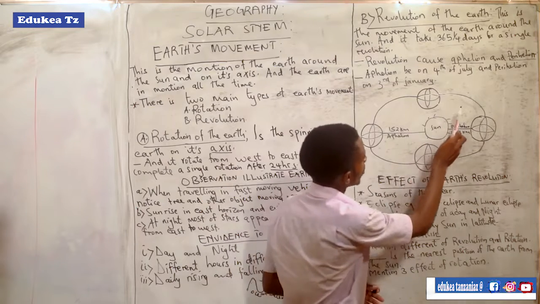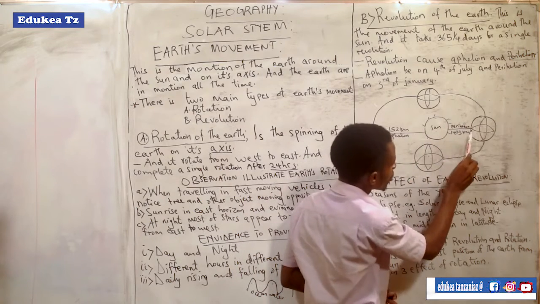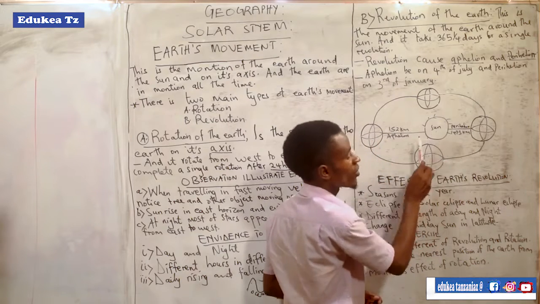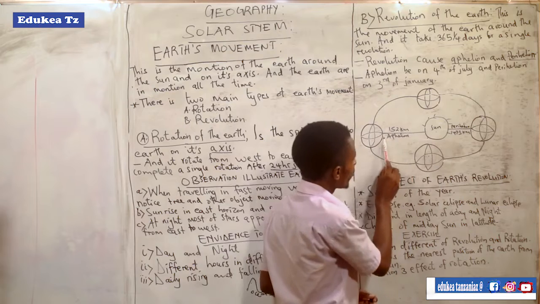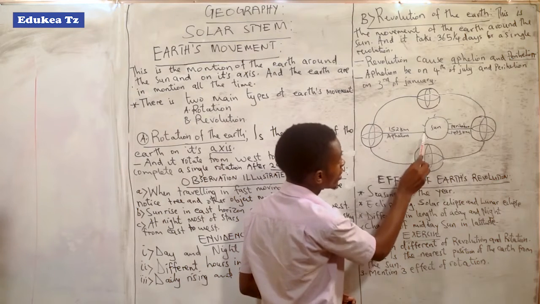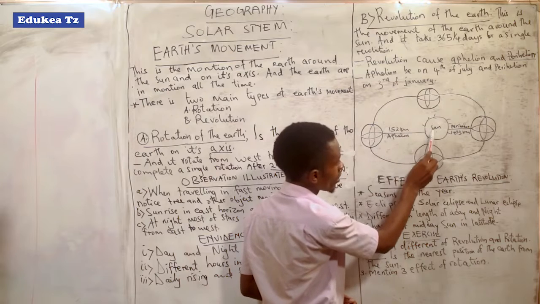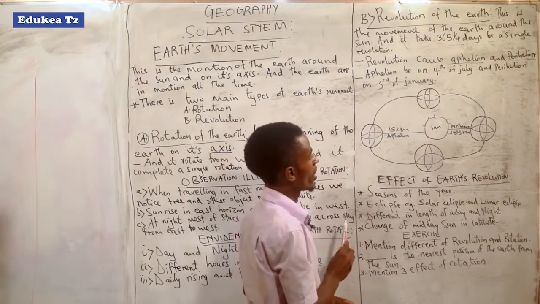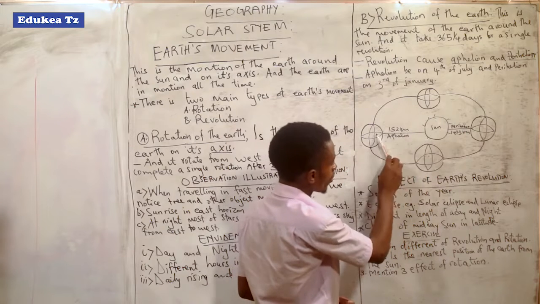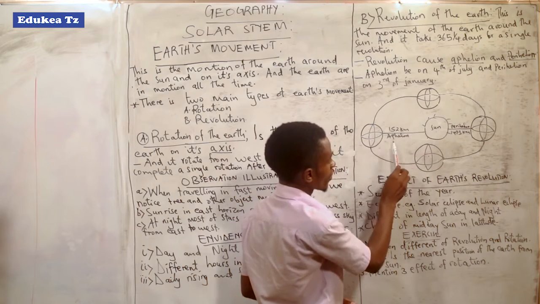So perihelion is the point when the Earth is very near to the sun, and aphelion is the point when the Earth is at a far distance from the sun. The farthest distance of the Earth from the sun is aphelion, and it is almost